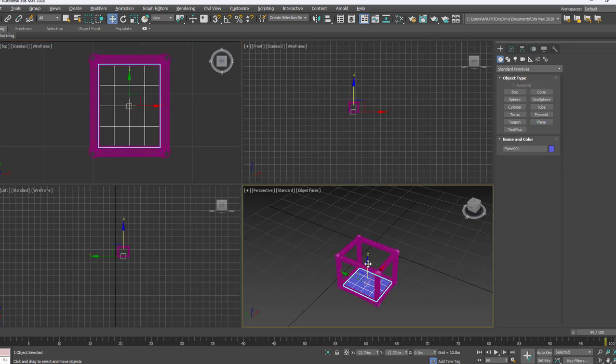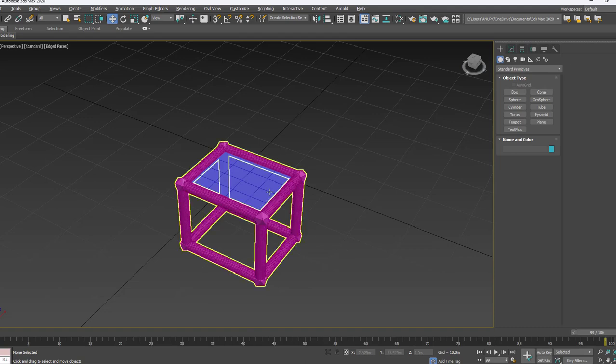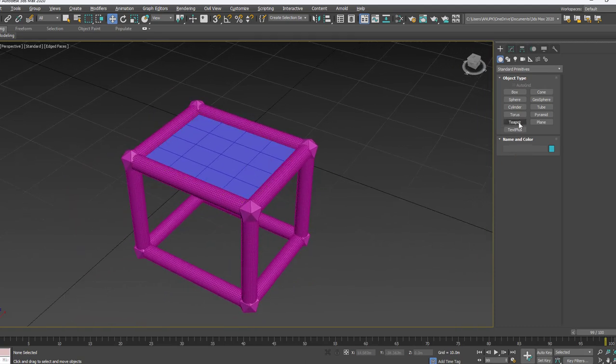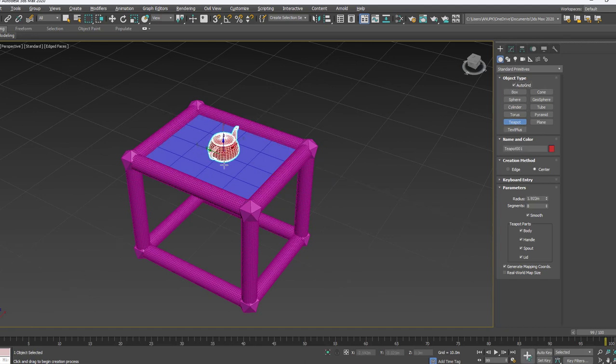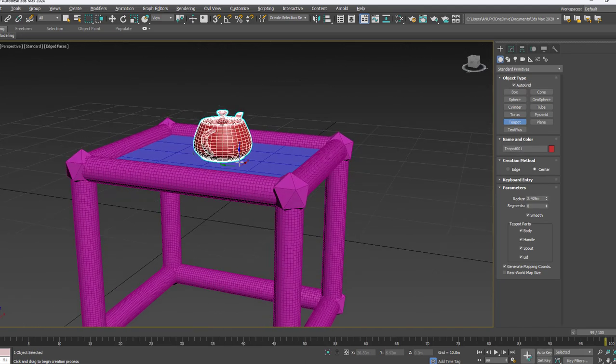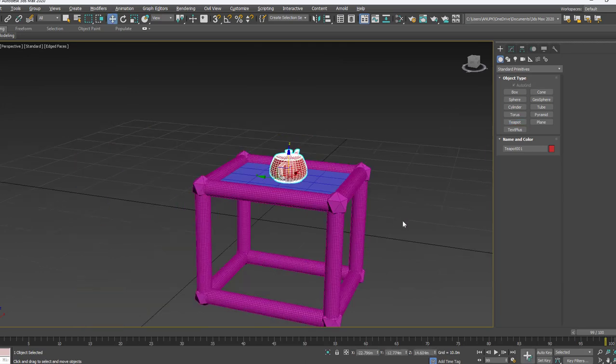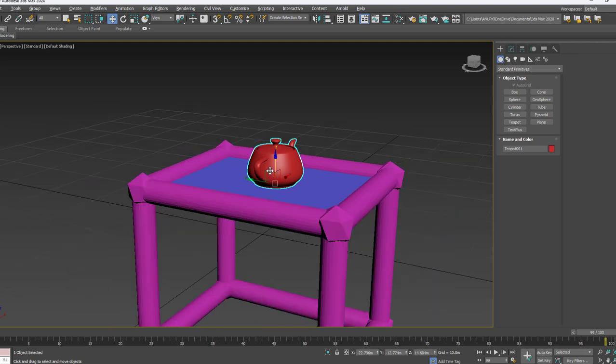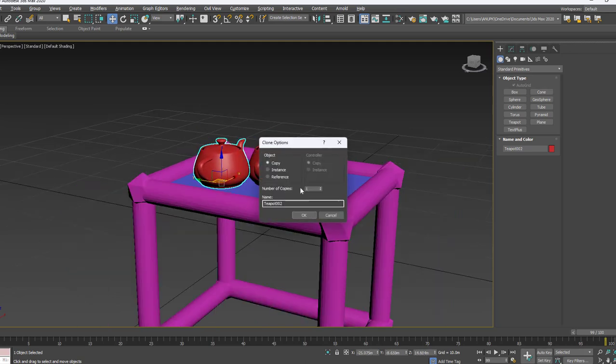Once I end the plane, you can move it. You can give the glass material or wood material, whichever you want. And then next I just keep the teapot auto grid on this way. Make your edges off, that is F4 off. Doing copy like this by pressing move and then Shift.